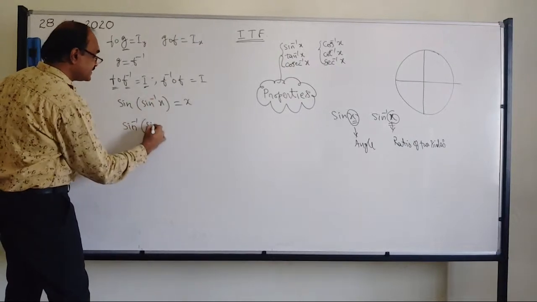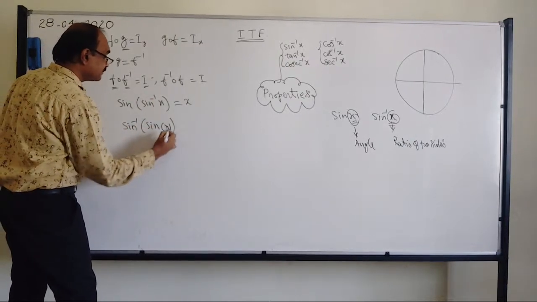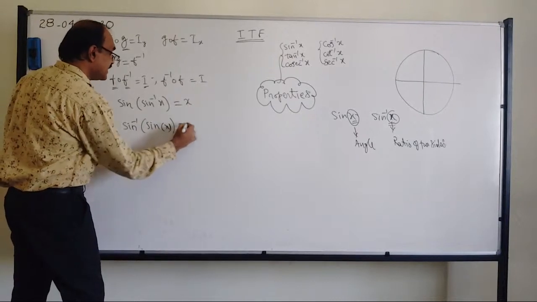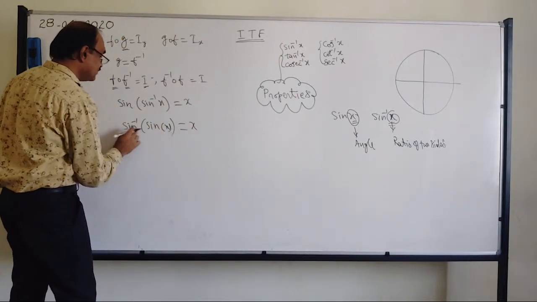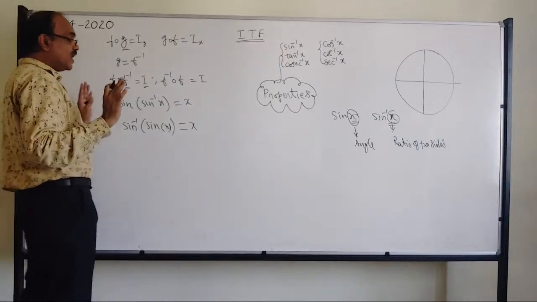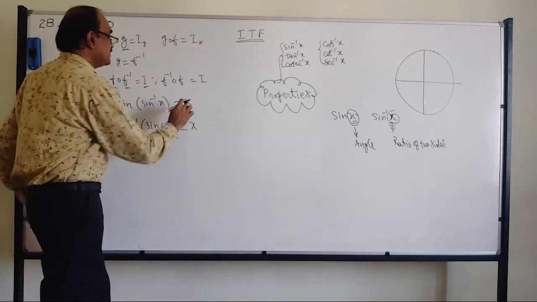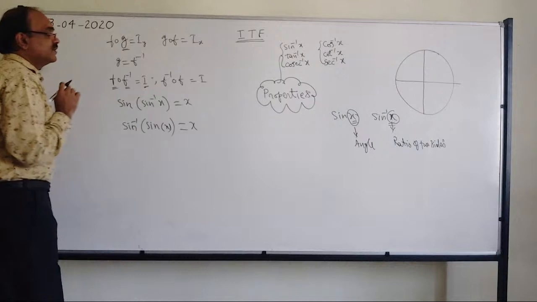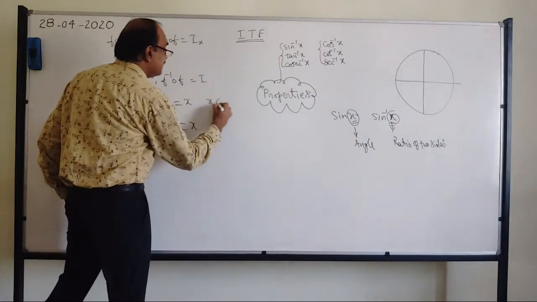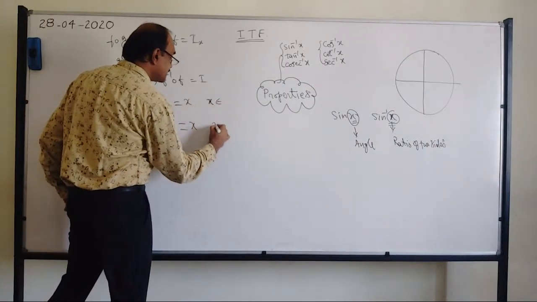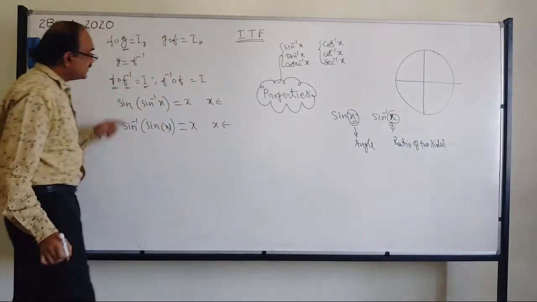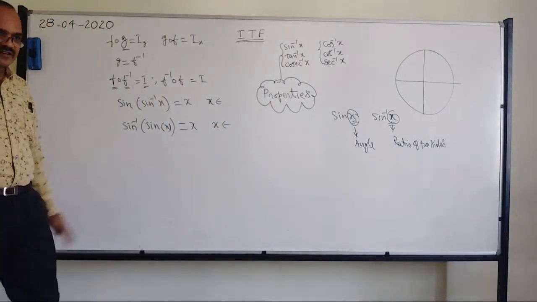Here it is, f is sine of x. So what do you get? Sine x. So these two things get cancelled. Now you need to answer me, what is this x and what is this x? x belongs to what? I will wait for your answer. And here x belongs to what? If you can tell this, many of the questions you can answer.